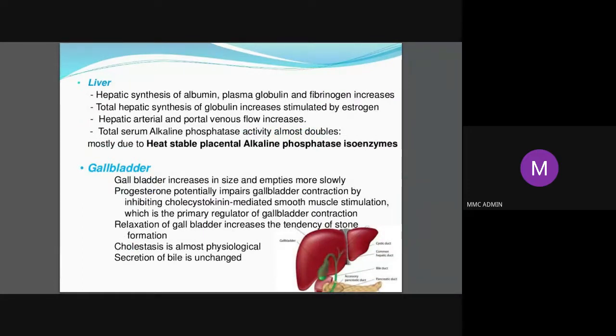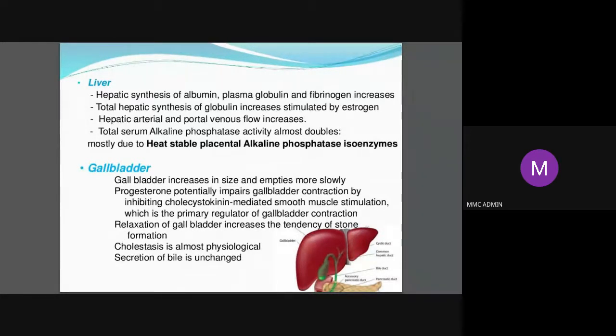Right, liver. So here I would say only one thing. When you look at the liver function test, alkaline phosphatase is an important component, because the placenta is an important source of alkaline phosphatase. It may be extremely raised. So a pregnant lady with raised alkaline phosphatase, that doesn't mean that she is having some problem in the liver or some stasis in the liver. It is because of the increased production by the placenta. So here again, the physiological change of pregnancy, unless you are aware, you will think that it is abnormal. Otherwise, there is not much of a change. As I told you, the albumin globulin ratio becomes 1:1.